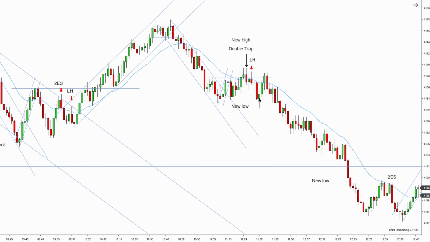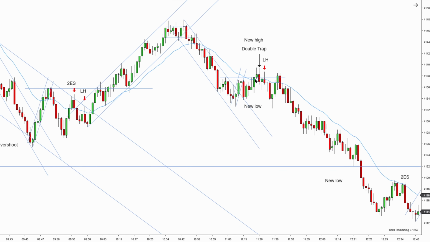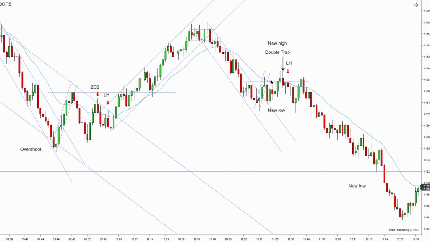Notice how it formed. There's a big gap between the body and the EMA, and the signal bar has a bullish body. It's part of this congestion. I don't want to take it. It needed to form closer to the EMA with a better bar, so you don't want to take it even though it's a second entry short. Then we had a double trap, which now has a break, a new extreme of this uptrend,